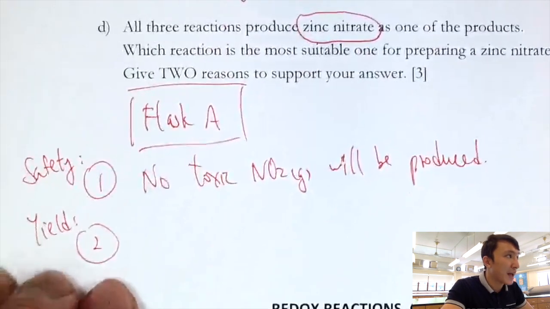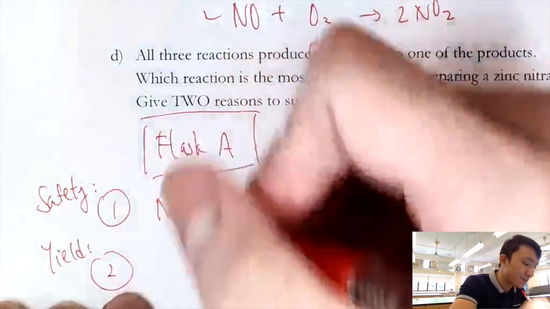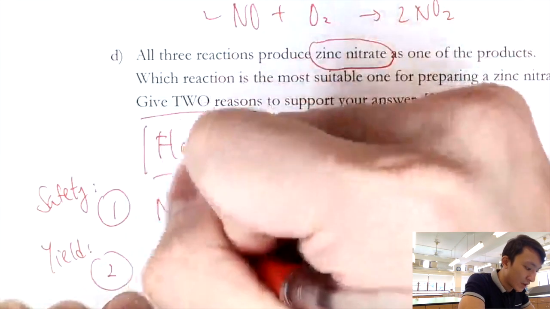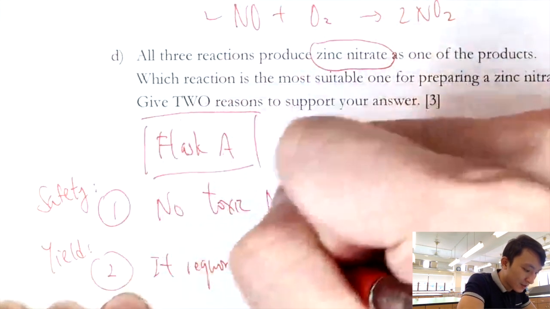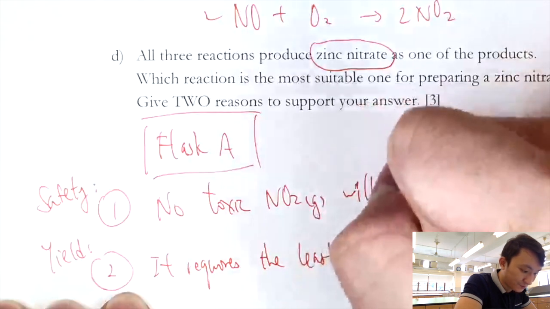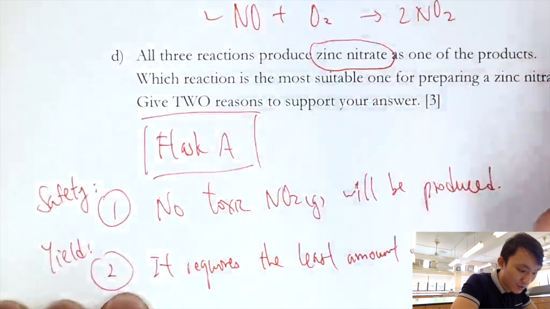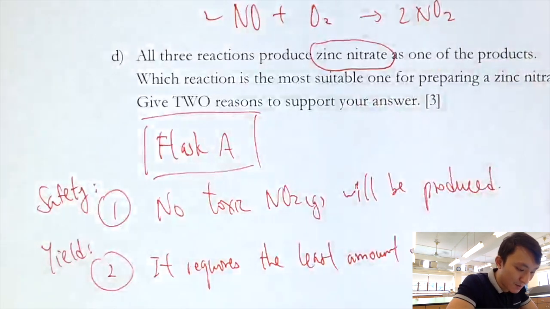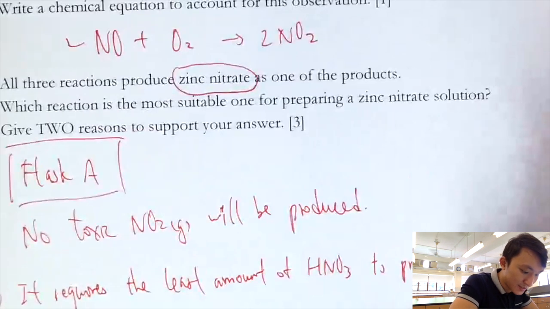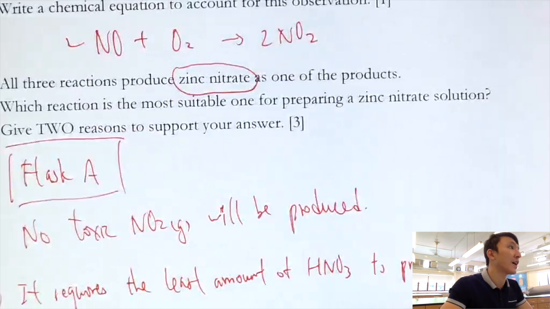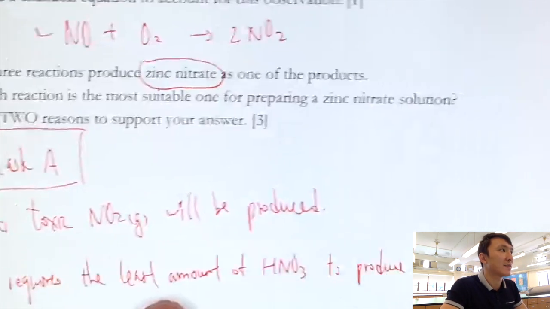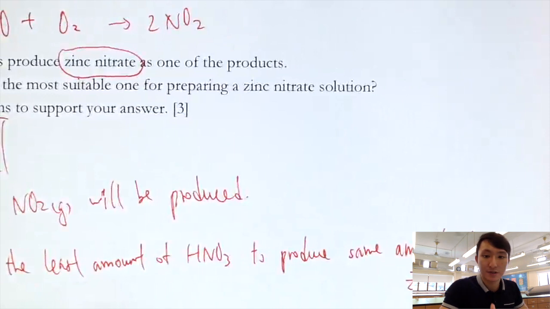So to answer this one, you can say that because it requires the least amount of HNO3 to produce the same amount of zinc nitrate. Okay? It requires the least amount of nitric acid to produce the same amount of zinc nitrate. Very simple explanation. You can also say that